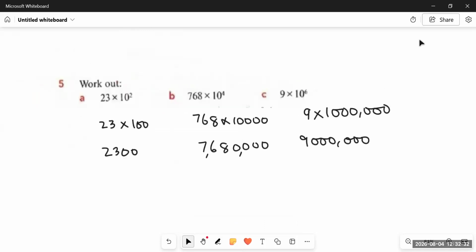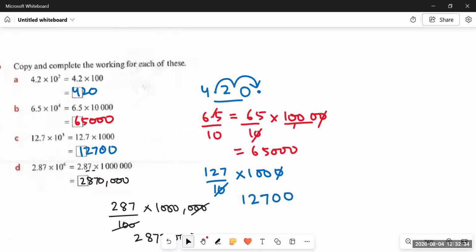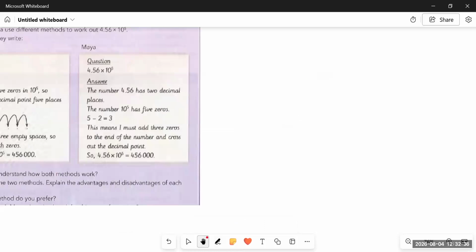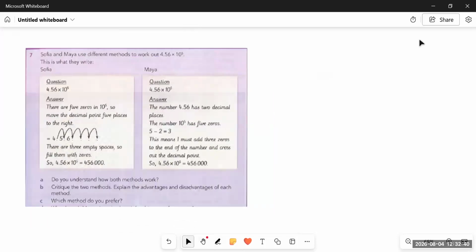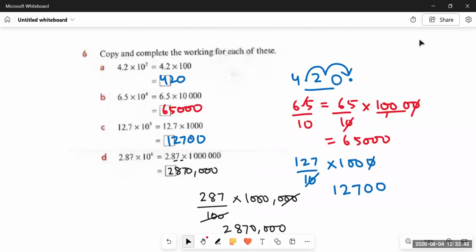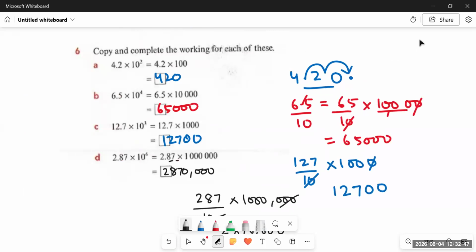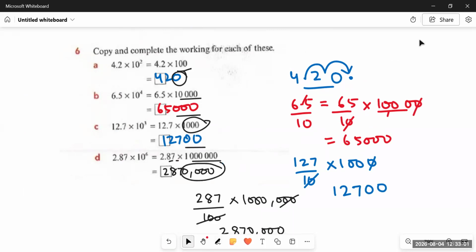Okay. So Marcus was correct that we simply have to add the number of zeros present in the power of 10 to a whole number. But this does not match with decimals. In decimals, this does not happen. We had two zeros here, but in the answer we have only 1 zero. Here we had four zeros, but in the answer we had 3 zeros. Here we had 3 zeros, but in the answer we had 2 zeros. And here we had 6 zeros, but in the answer we have only 4 zeros. So it depends on how many decimal places we have.